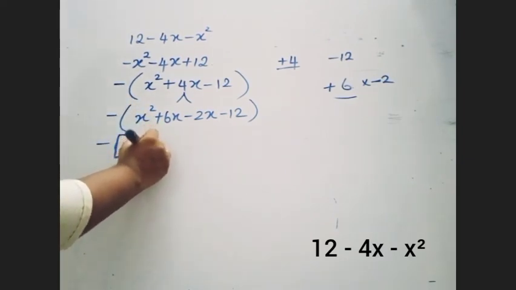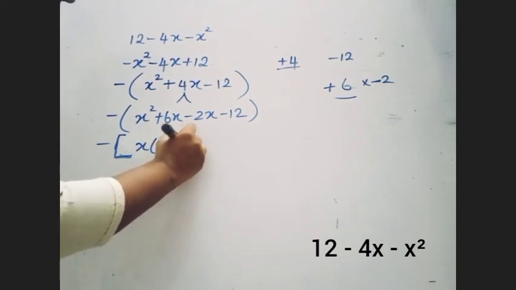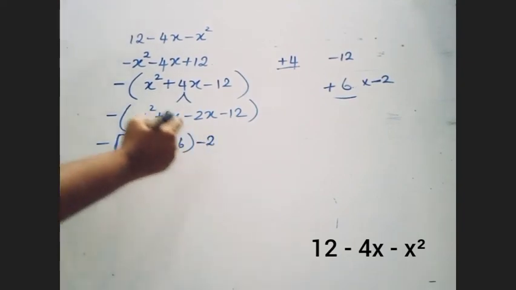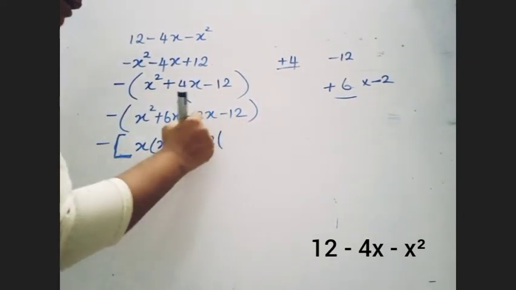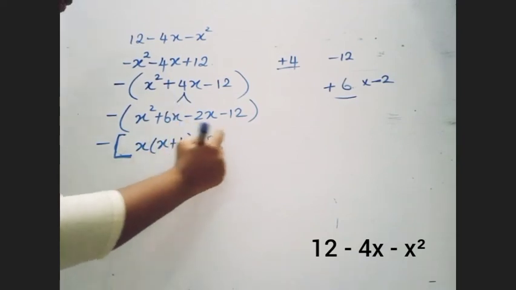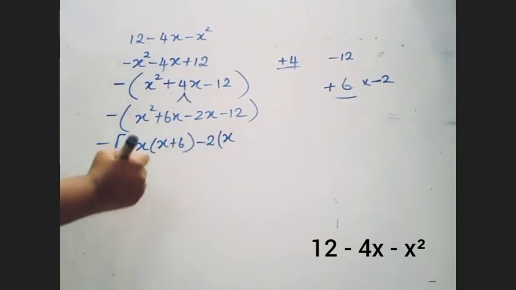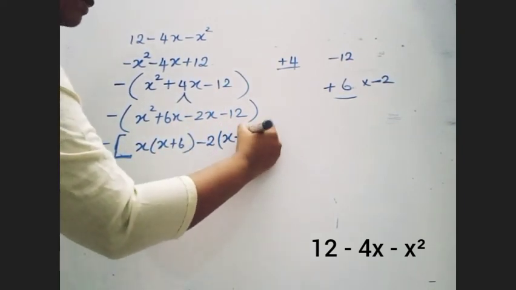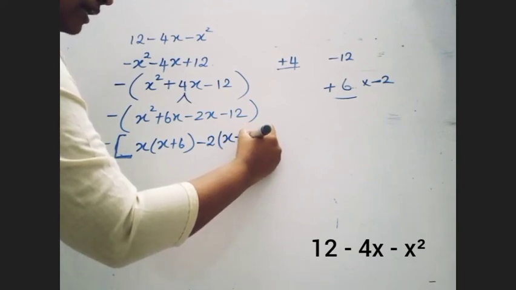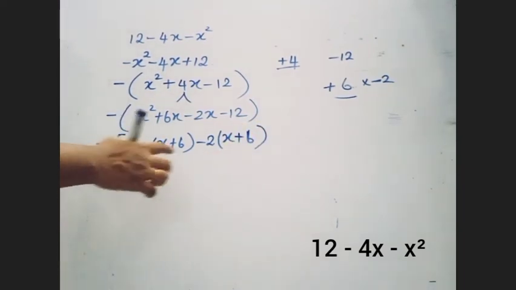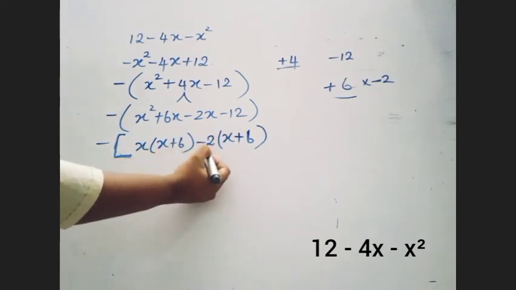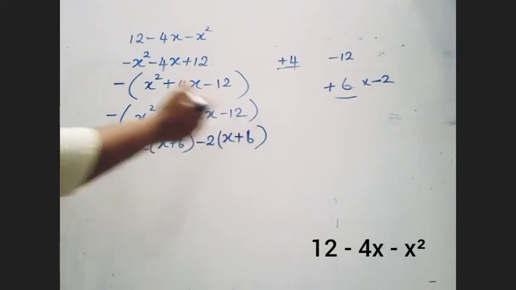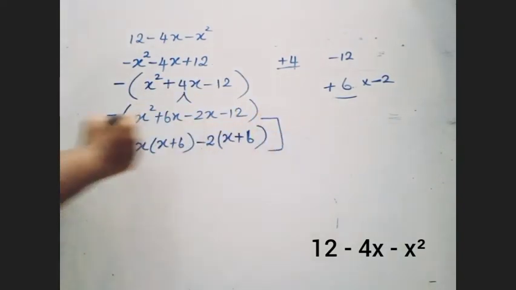Okay, x is the common factor, so x plus 6 will be remaining. Here negative 2 is going to be the common factor. So remember, negative divided by negative, it would become positive x. And again, negative divided by negative become positive 6. 12 divided by 2 is 6 here. So please remove the brackets and see. Minus into plus minus 2x, minus into plus minus 12. Now let's close the bracket.